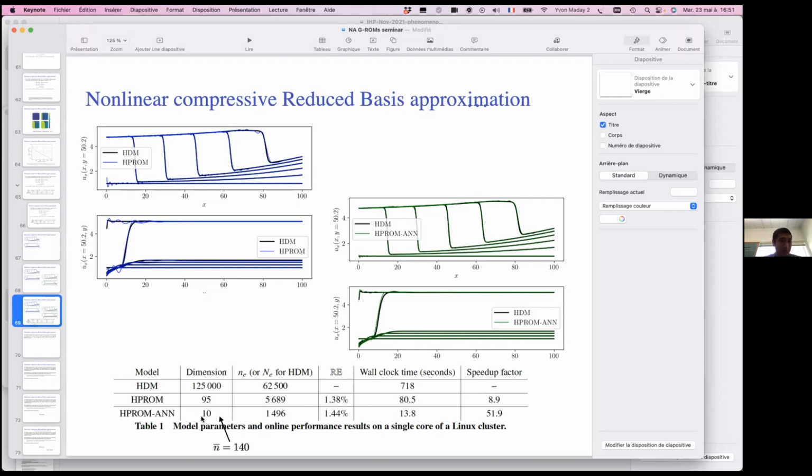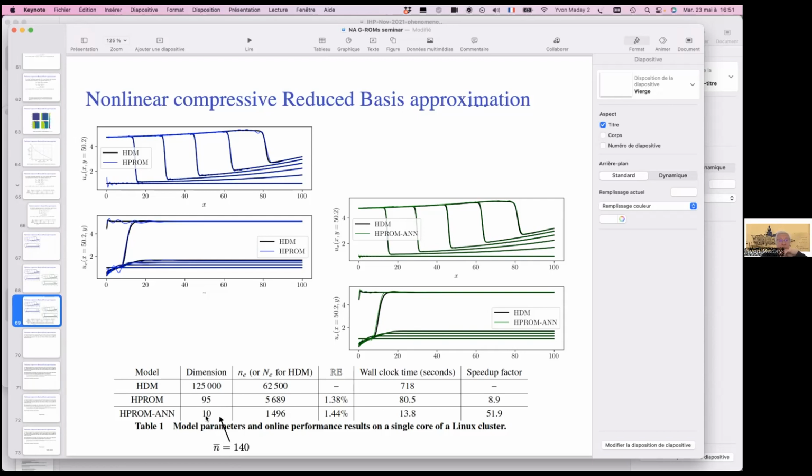If we quantify the accuracy not in terms of the size of the online system, but the size of the training set you need, does that also help, or does it not help too much because N bar is still large? Alors, N bar is still large, but the learning is, as I said, to learn a